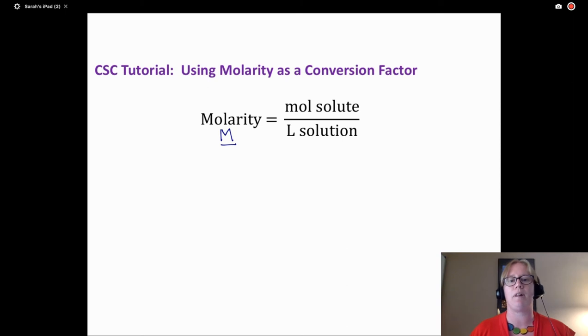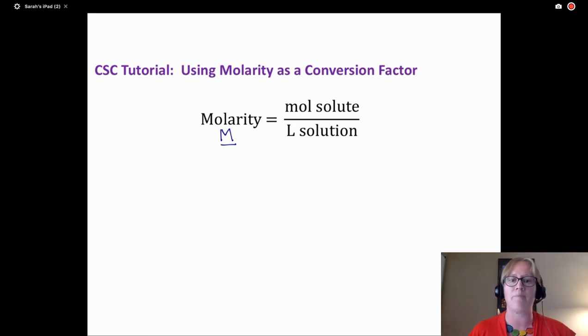When you're seeing that capital M, it's telling you we're talking about a concentration that relates the amount of solute, the substance dissolved in the solution. So if we're talking about sugar dissolved in water, the solute would be sugar, for every liter of the solution. And so in that sugar water example, our solution would be the sugar and the water mixed together, the total